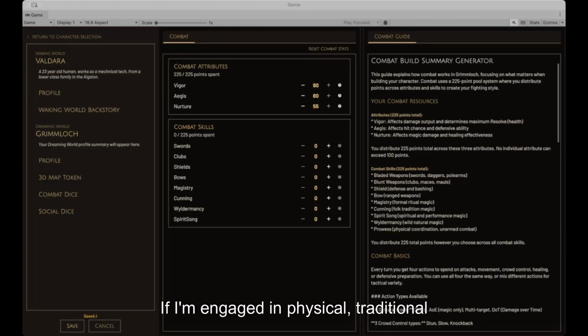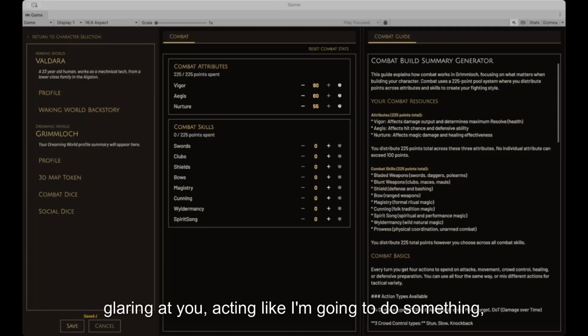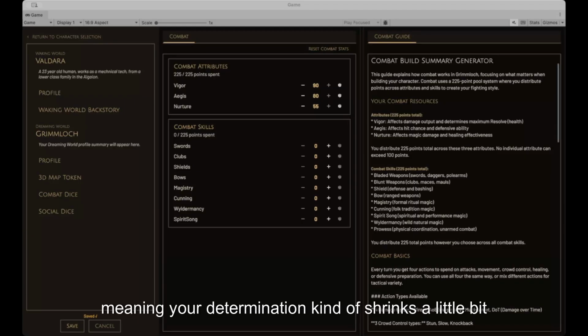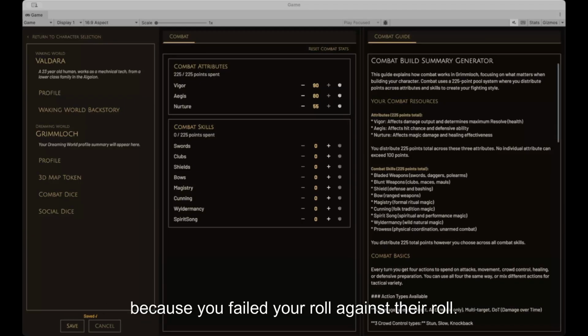If I'm engaged in physical, traditional intimidation tactics, such as buffing up my body, glaring at you, acting like I'm going to do something, your body has a response that recognizes that intimidation is in play. And the mechanical system is going to impact that. For example, you'll probably take a small hit to your vigor, meaning your determination kind of shrinks a little bit because you failed your roll against their roll. If they won the roll, you're physically intimidated.